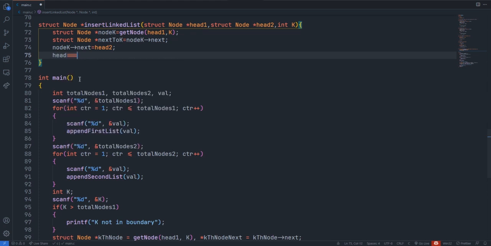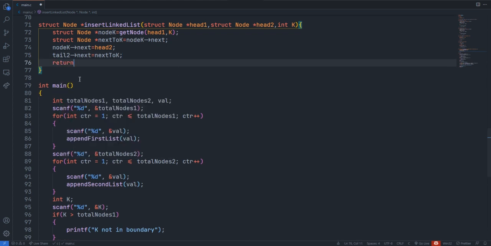Head, no, this should be tail 2 arrow next equal to next to k. Finally we just need to return head 1. Hope this will work fine.